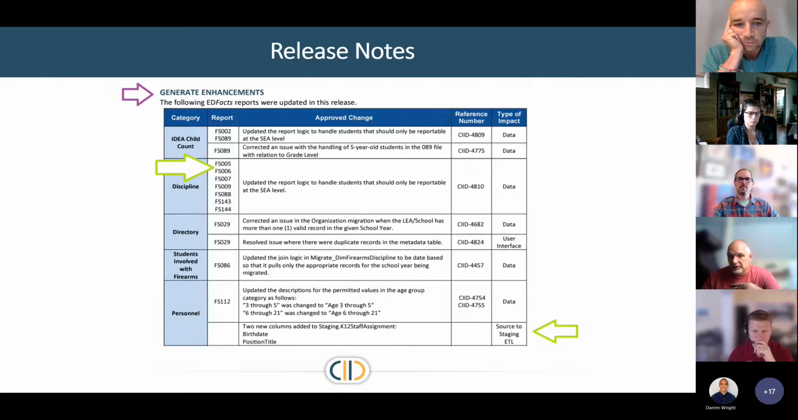The reference number is the ticket on our side, which doesn't mean a whole lot to you specifically, but if you want to reference it, if you have a question about it or something, that would be helpful to us. And then the type of impact column, I wanted to highlight that because we've got 3 types right now that may expand as we start working on other things, but we'll see. We have data, user interface, source to staging, ETL, and you can see there's at least 1 row here for each of those. The source to staging ETL is what I mentioned,